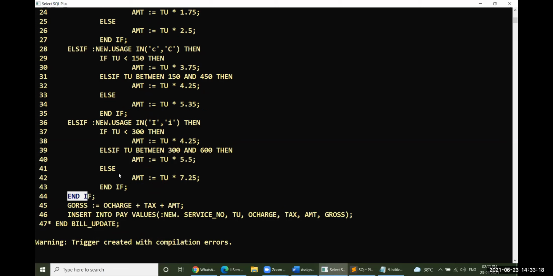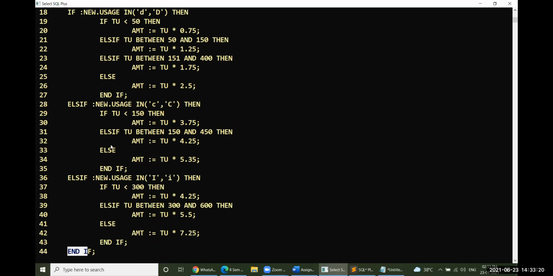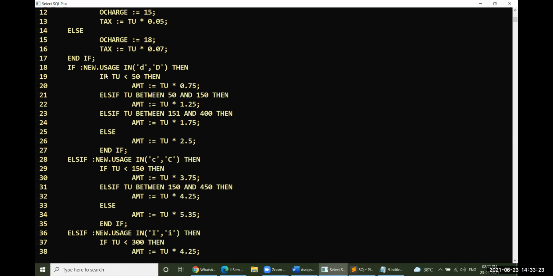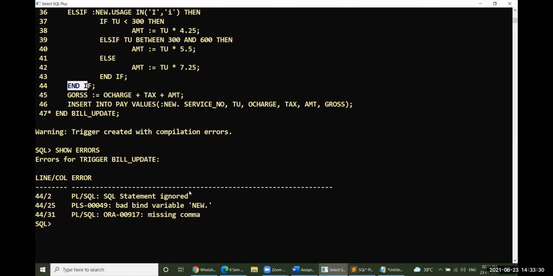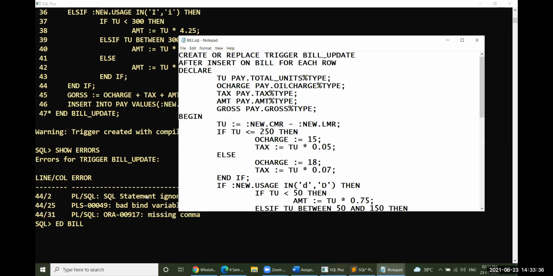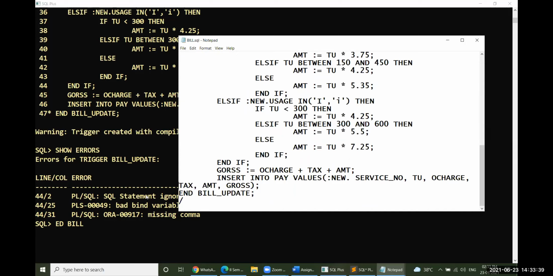If ELSIF, yes, and if, yes, that's all. Bad bind variable new. Okay. Here the problem is, this is the problem here. That is the only problem here.